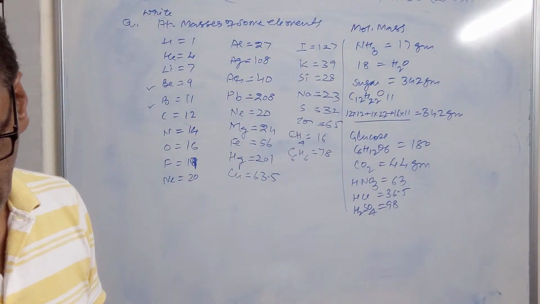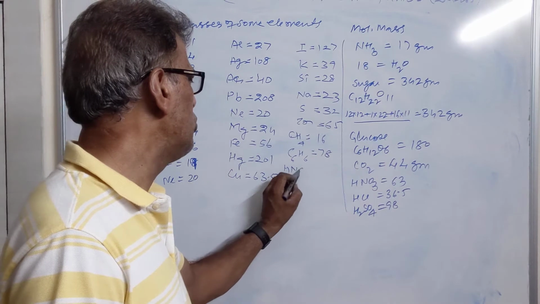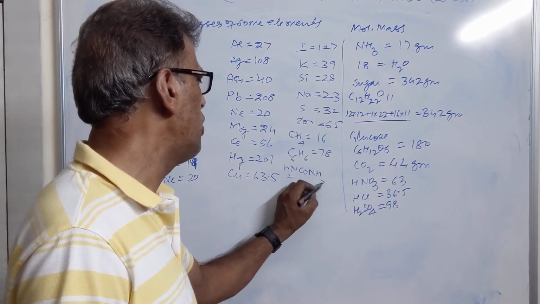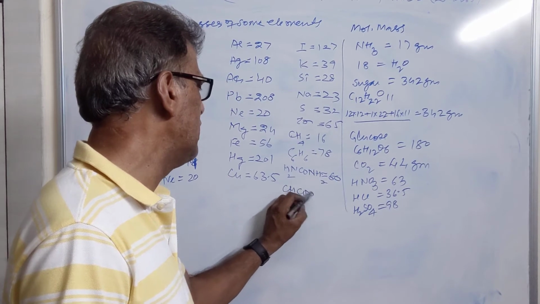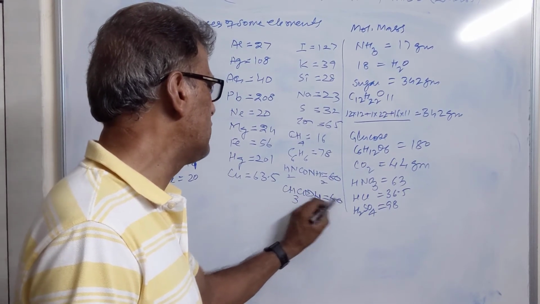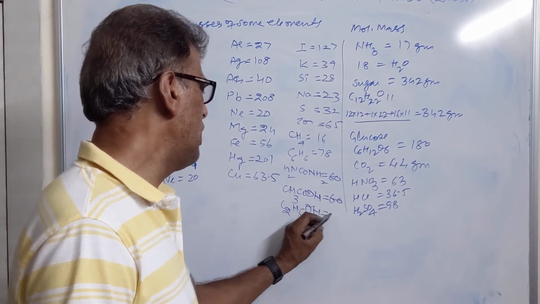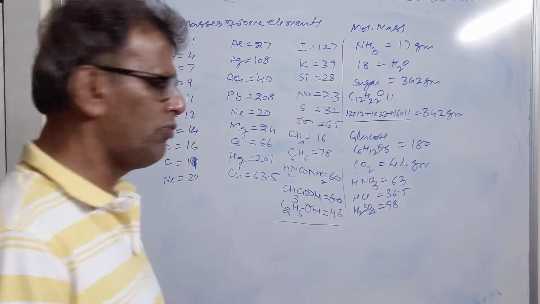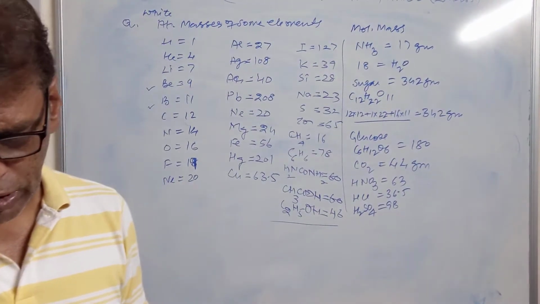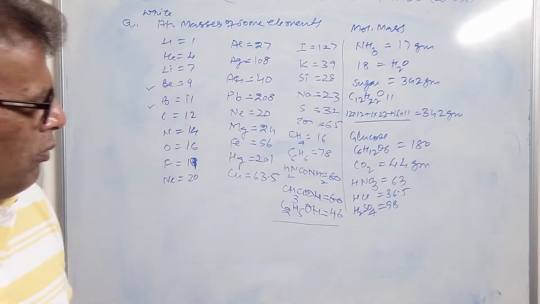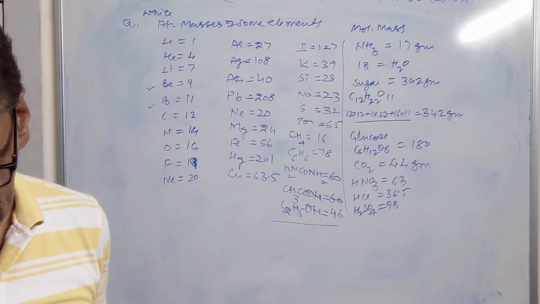Then we have sulfuric acid, and we have urea. Urea has the formula NH2CONH2, and its molecular mass is 60. Then we have vinegar, acetic acid, whose molecular mass is 60. Then we have ethyl alcohol, used in beverages, whose molecular mass is 46. Once you know the atomic masses of the different species, you are able to calculate the molecular masses of the different molecules from that calculation.